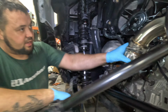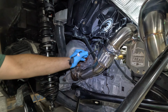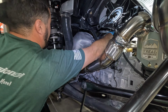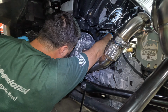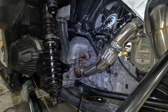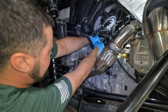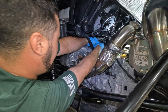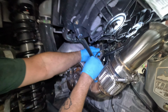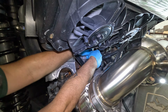Alright guys, there it is. It's installed. Now you have to just re-plug this guy back in, right from where it was at. You might have to move this zip tie to get her put back in a little hole, but that's okay. Move the zip tie just a little bit, plug her back in,